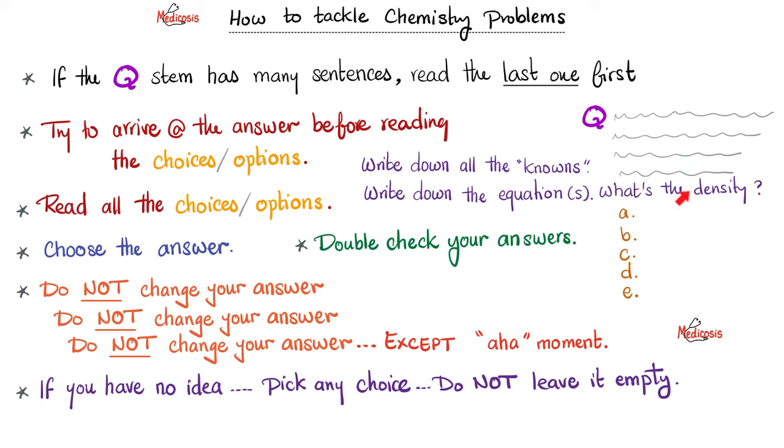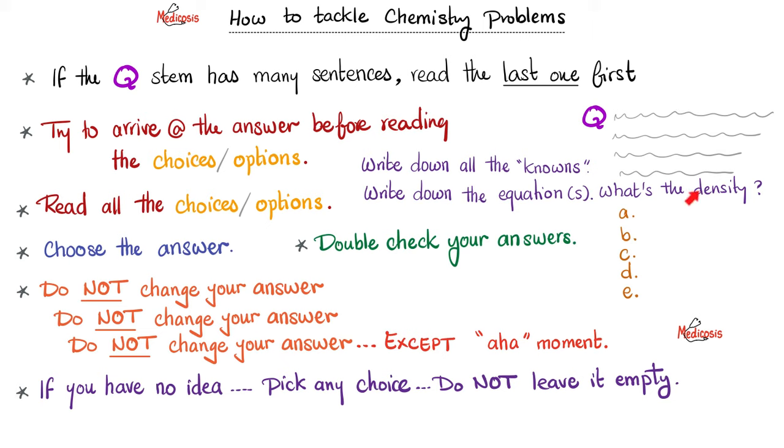But now your mind is focused. Oh, I'm looking for mass, I'm looking for volume so that I can get the density. So get the mass, get the volume faster than if you have read the whole thing from top to bottom, because by the time you end up here, oh, density is what? Like mass over volume. So let me go up again and find the mass and the volume. You will waste a lot of time doing this. Read the last sentence first. Okay, what's the density? You had the mass, you had the volume, you divided the mass by the volume, and